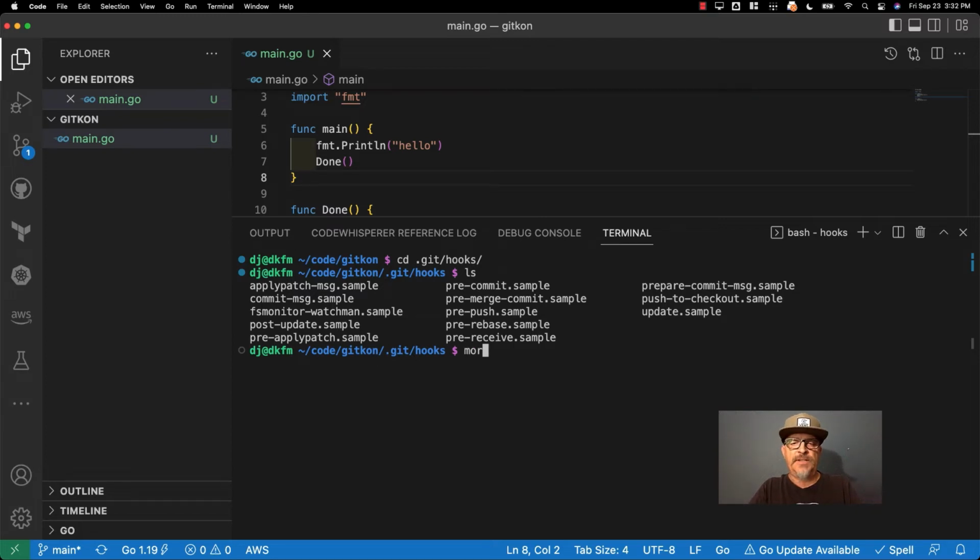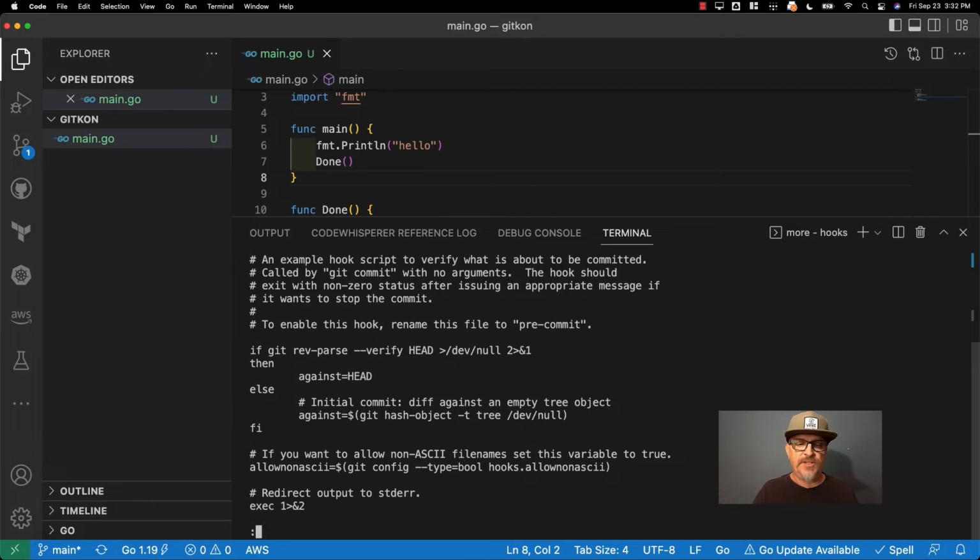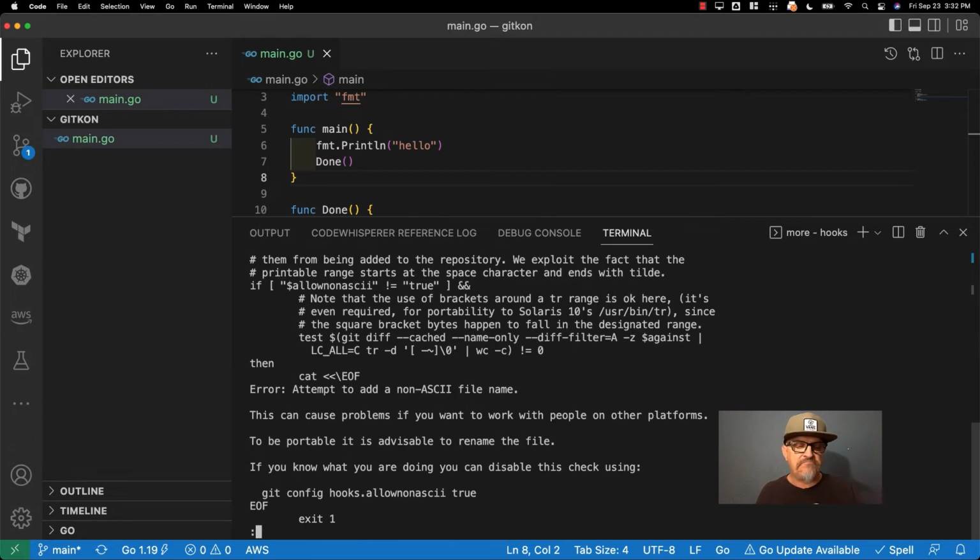And we can just look a bit here at the pre-commit. And you'll see that it's just a bash script. Has a bunch of different things in it. Really, it's just here to be a placeholder in case you want to put something in here. So again, we can either just rename this file to pre-commit, put whatever script we want in, and that's fine. But I'm going to use hooks as a utility here. So I already have hooks installed. So I'm going to change